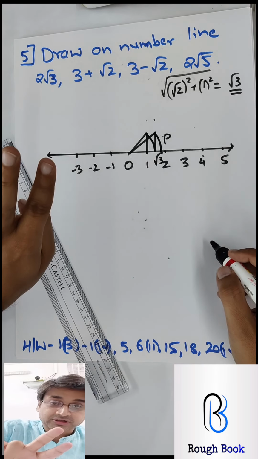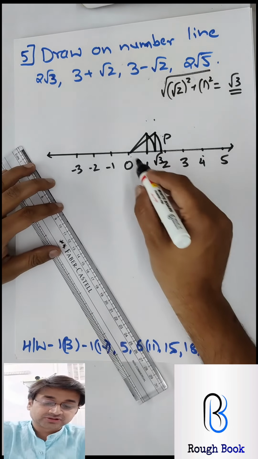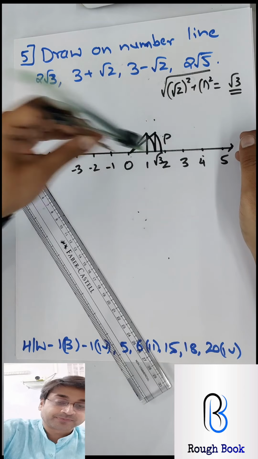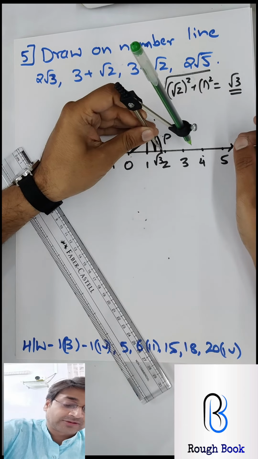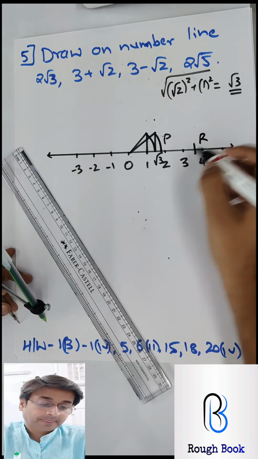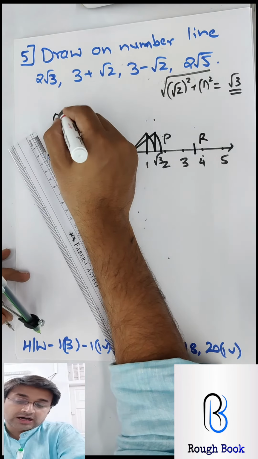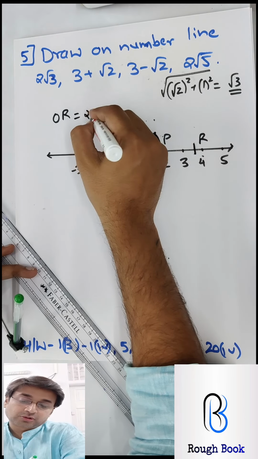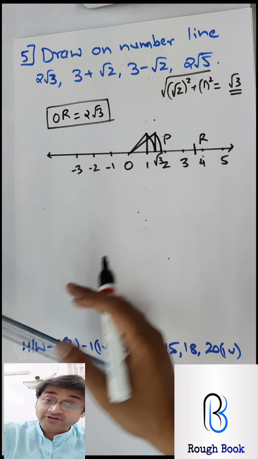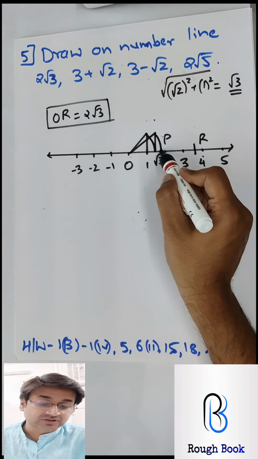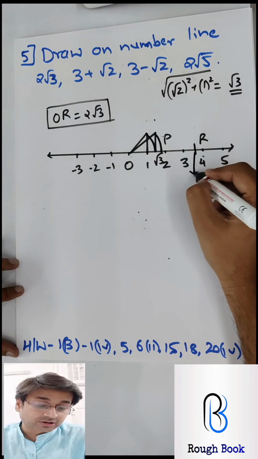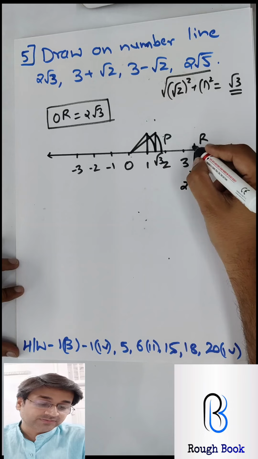They want 2 root 3, that means root 3 two times. So this is once. Let's draw one more time. From O you can measure till P. So this is 1 root 3, one more root 3. That means till this point R from O. So you can say OR is equal to 2 root 3. Do you now understand how to draw this on the number line? Very important, very interesting. If this is root 3, this is also root 3, then the whole thing is 2 root 3. So you can drop this down and say 2 root 3 as point R.